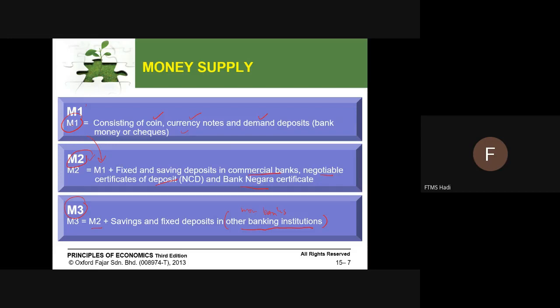So we're talking about the difference between three layers of money supply. Definitely M1 is the most powerful money that every country can have. The M3 is like just other money only.